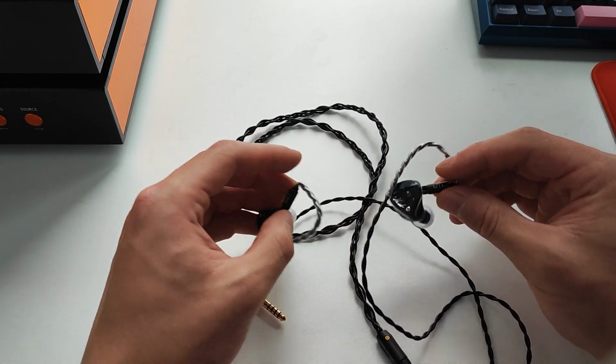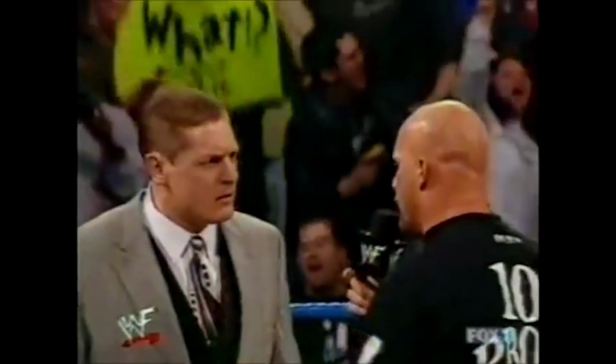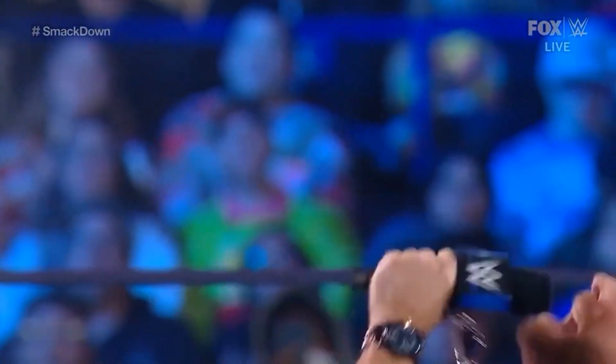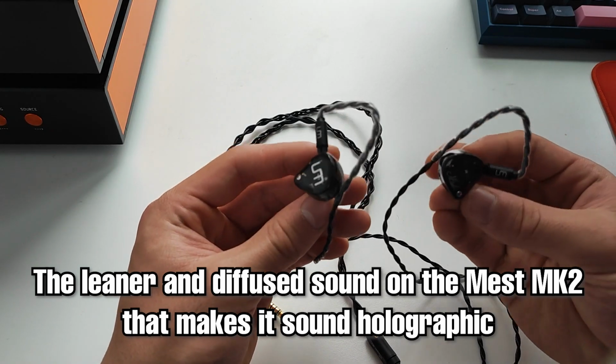Soundstaging is where the true magic is, and it is what most people associate the Mest 2 with. Does it do this well? Give me a hell yeah! What? Hell yeah. So I was previously mentioning there's something about the leaner and diffused sound of the Mest 2 that